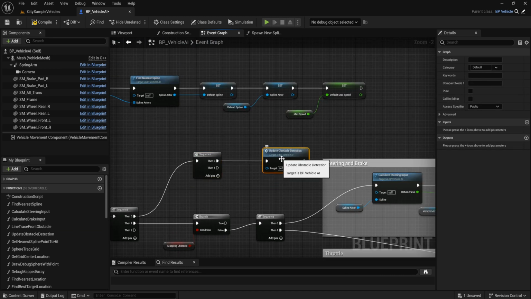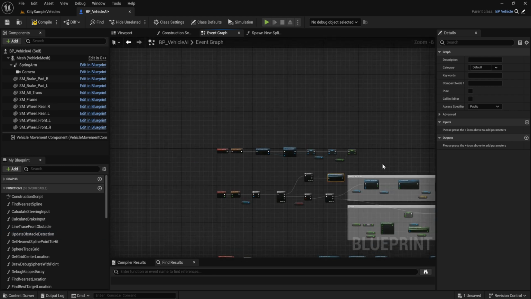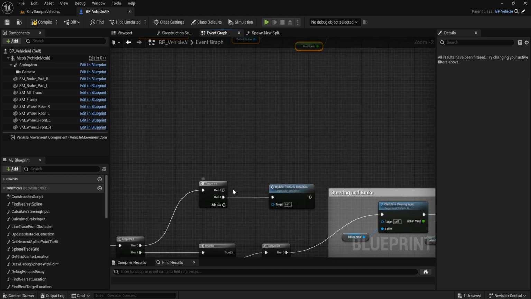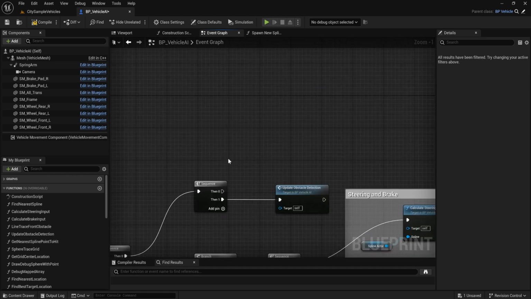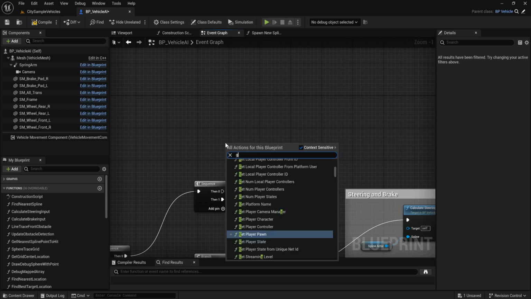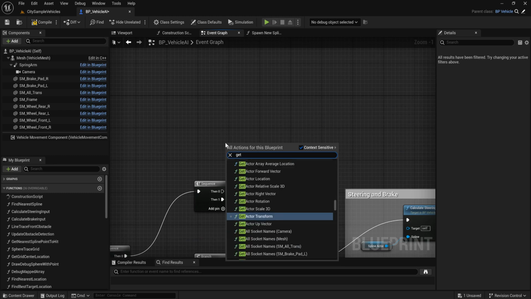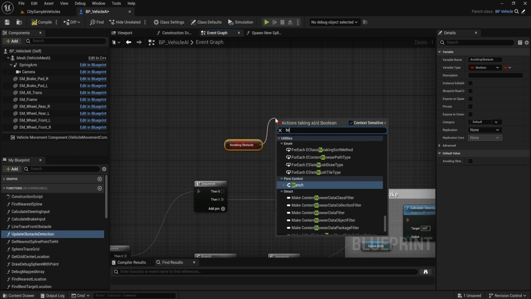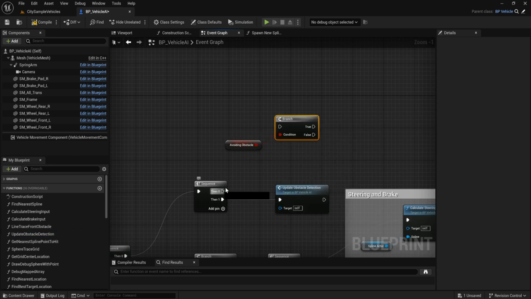We call update after this. Get avoiding obstacle, create a branch. If this is true,